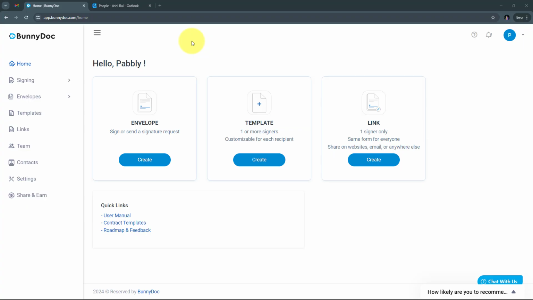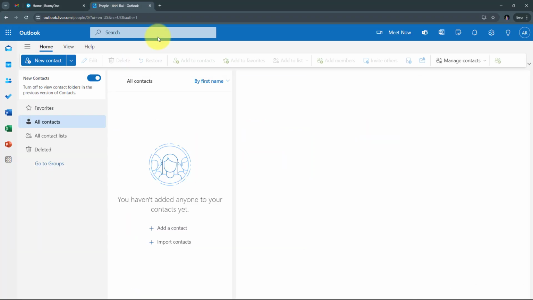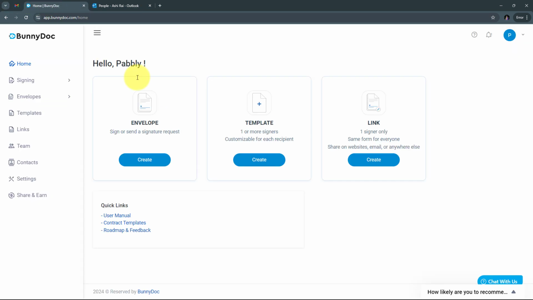I hope you can all see my computer screen, and today we are going to see how we can create a Microsoft Office 365 contact for a signed BunnyDoc document. Suppose I'm running a consulting firm and I use BunnyDocs to manage signed documents of agreements and contracts from my client. To streamline my communication, I want to create an Office 365 contact for each client upon signing a document. So as I receive a new signed document from BunnyDoc for any agreement or contract from my client, I want to use those details to